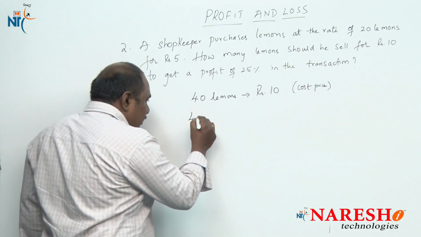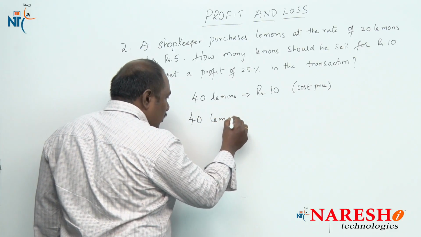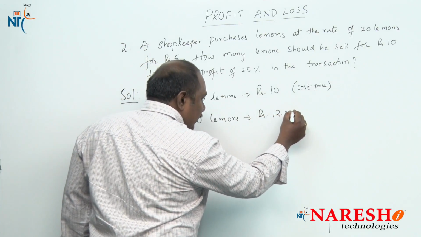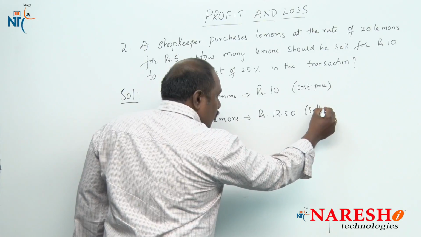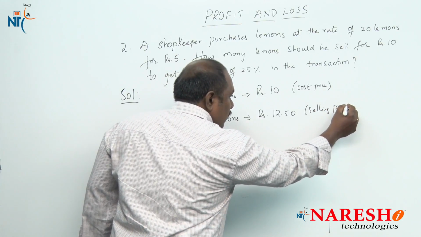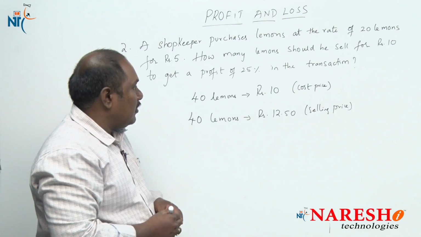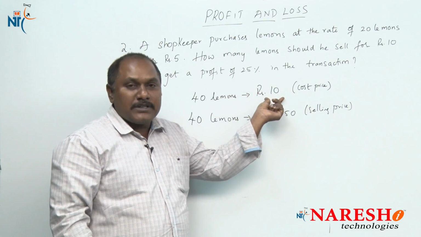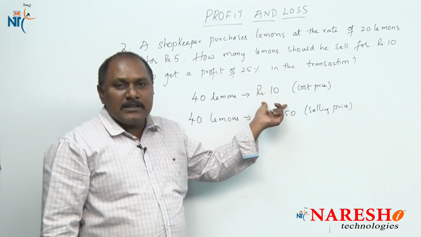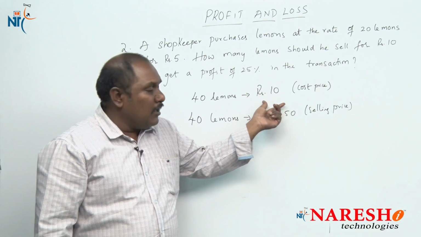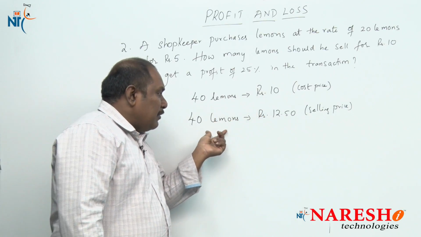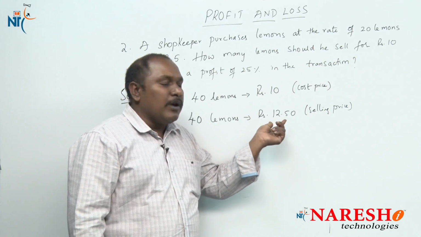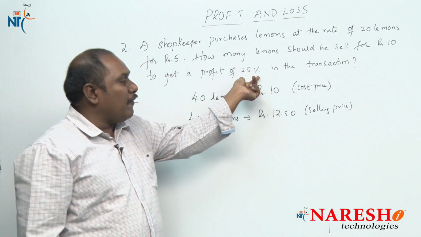Now the same 40 lemons should be sold at rupees 12 rupees 50 paisa to get a profit of 25% in the transaction. Very simple, profit of 25%. 25% of 10 rupees is 2 rupees 50 paisa. So, 40 lemons should be sold at a profit of 2 rupees 50 paisa. That means the total selling price should be 12 rupees 50 paisa in order to get a profit of 25%